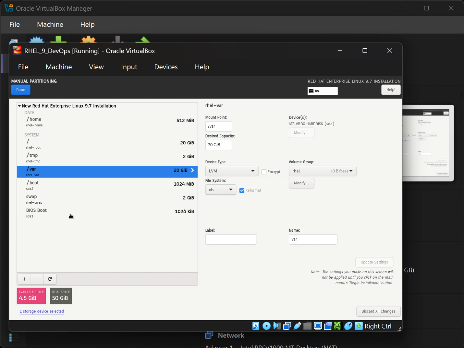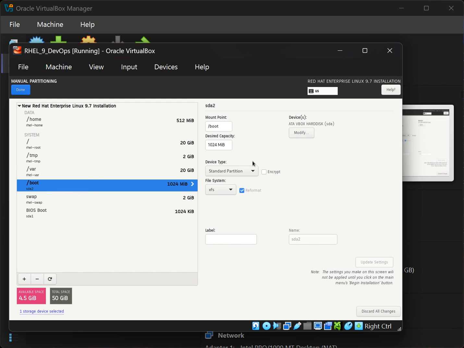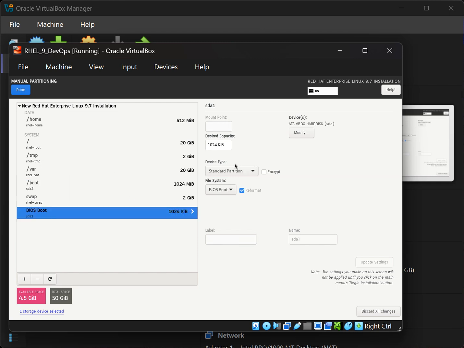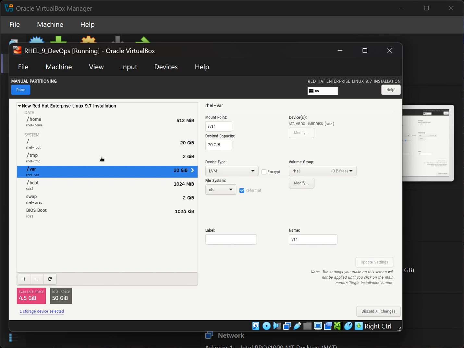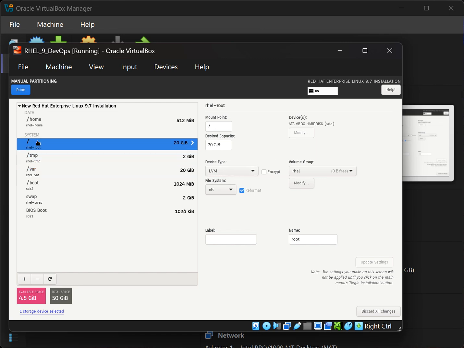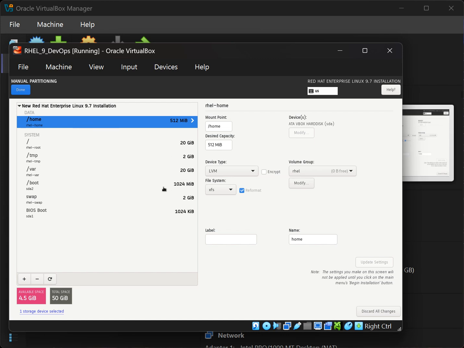Now, let's review it carefully. The first thing is your boot. Where is it? Boot, this is. And it has to be standard partition. We are going to have only two standard partitions, the boot and the BIOS boot. Everything else on the LVM. So swap, that is for system only. See under system only, LVM, fine. Then slash var, that is LVM, slash tmp LVM, the root file system LVM, and user data, that is home, that is LVM. Now, around 4.5 GB is left